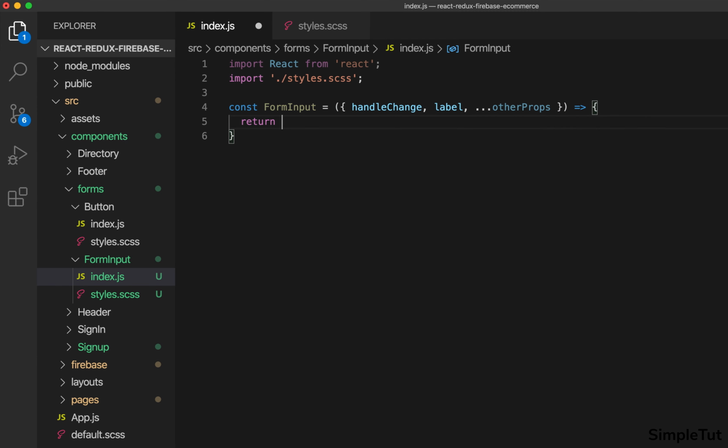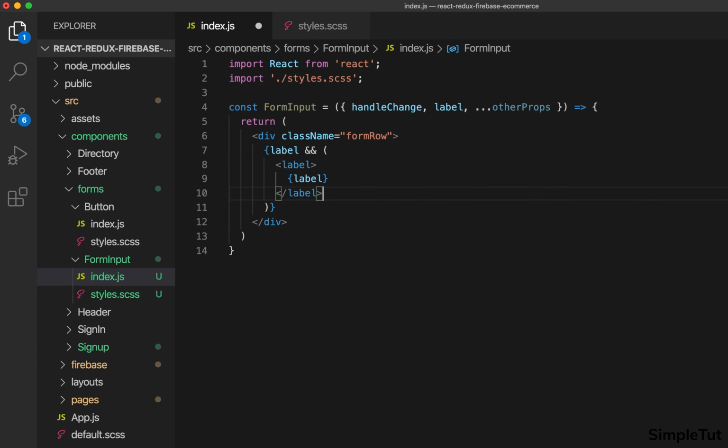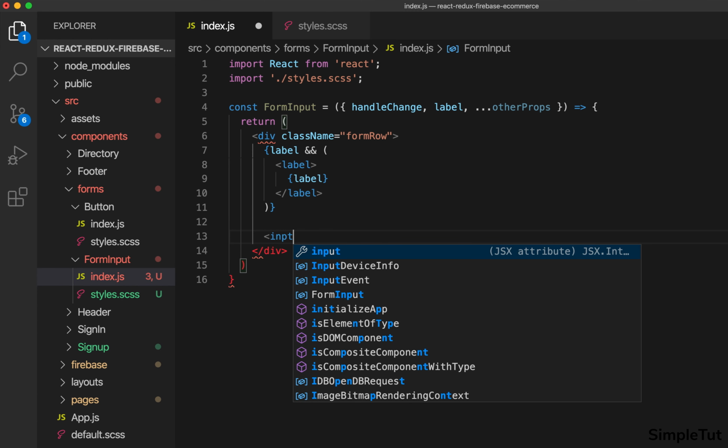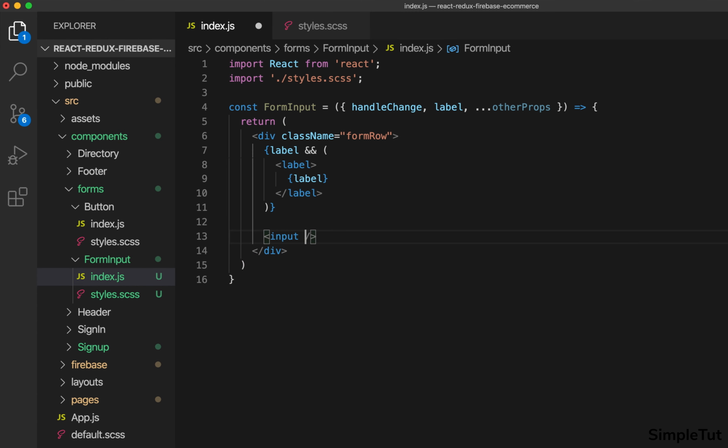And then all we need to do is return. For now we'll return a div. We'll add a class here of form row, and within this I'm going to render the label if we have one. So we'll wrap that around a conditional. So if there is a label, we'll have a HTML label, and we'll render the label that we have. And also we want to obviously render an input field. We'll add a class here of form input,